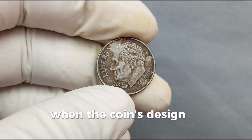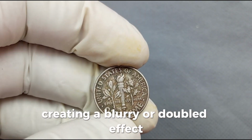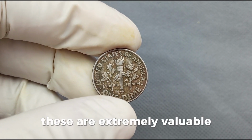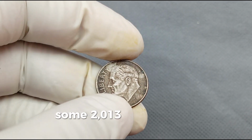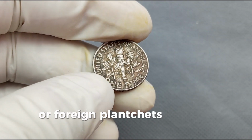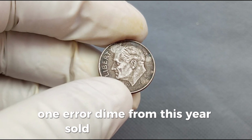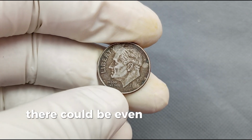When the coin's design is accidentally stamped twice, creating a blurry or doubled effect, these are extremely valuable. Wrong planchet error. Some 2013 dimes were accidentally struck on nickel or foreign planchets, making them super rare. One error dime from this year sold for over $15,000, and collectors believe there could be even rarer versions still